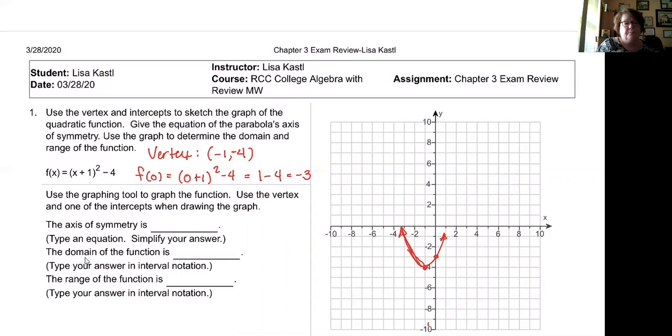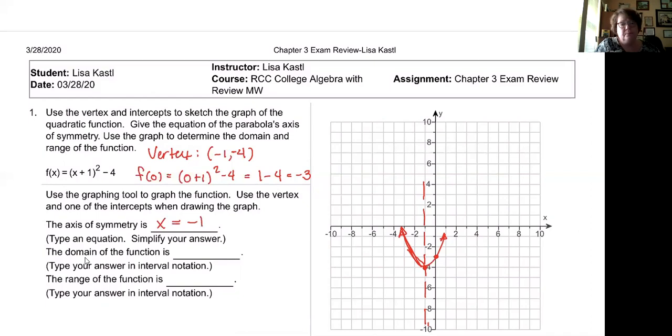All right, the axis of symmetry. The axis of symmetry is the vertical line that bisects the parabola. So it's the vertical line that goes through the vertex. I'm going to sketch that in right here as a dashed line. So the equation of that vertical line would be x equals the x coordinate of my vertex, or x equals